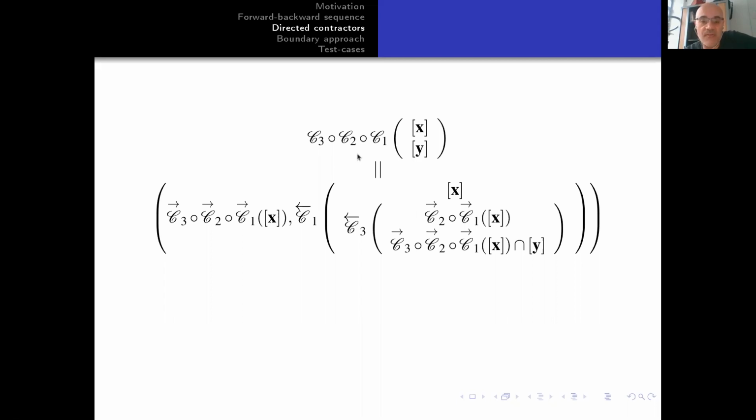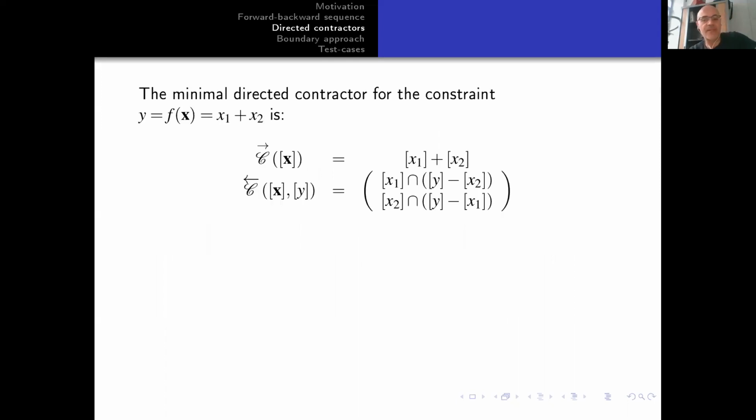So instead of an algorithm, I just put an algebraic expression, which is sometimes comfortable. Okay, so I will not enter too much here. And I will try to give an example of a directed contractor, which is classical for probably all of you,